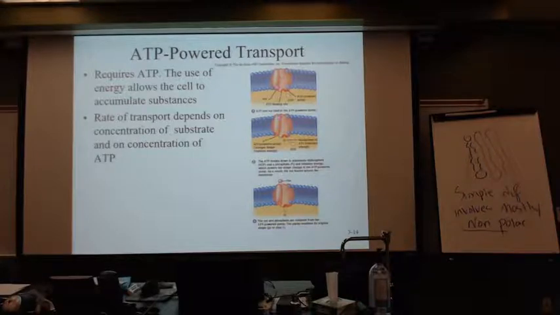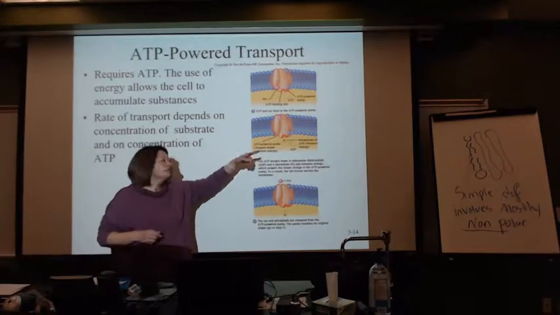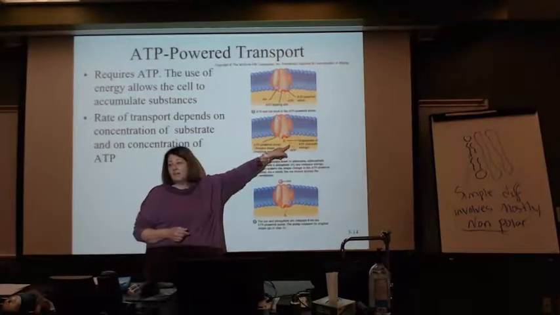The next type of protein that can exist, and its job, it needs energy. So energy made by the cell, made by mitochondria of the cell, or glycolysis. This one is termed ATP powered. The only way for that protein to allow the movement of a substance, it needs the ATP to